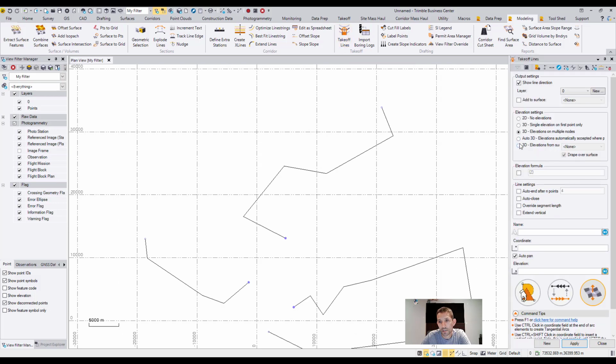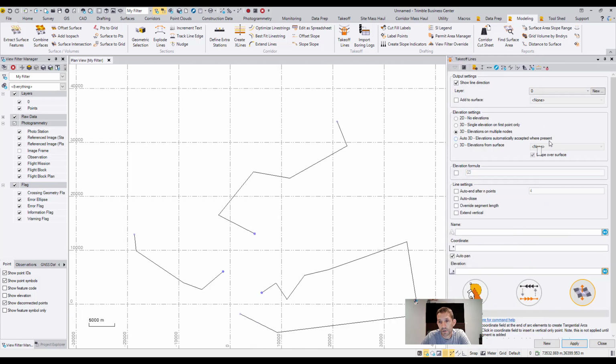Now we have another one. The next one is auto 3D elevation, and let's expand that. Accepted where present, so automatic elevations. So when I click on the point, it's going to pick the elevation of the point, or probably line, and so on and so forth. And 3D elevation from the surface. This is a really good one, because if you are drawing a break line based on your surface, or you need to pick those elevations, it will automatically do it. Nice thing about this one, and I could use this lots of times, is that you can actually add an